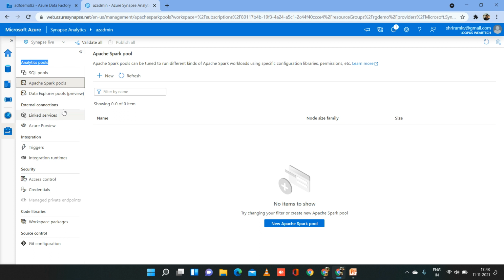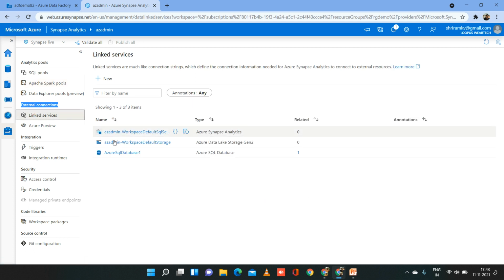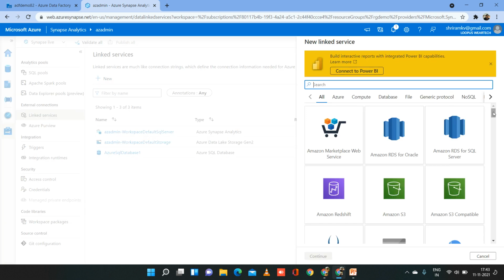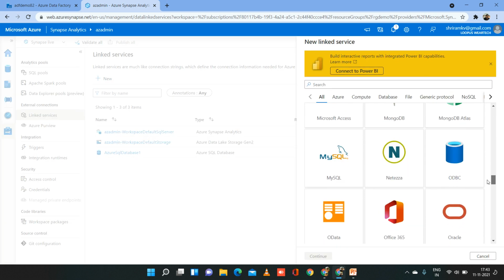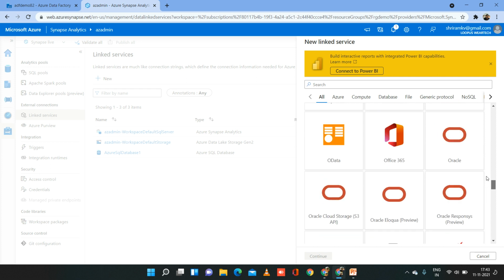Apart from managing the pools, you can create linked services to external services or external connections. When I say external to Synapse, it can be an Azure SQL database, blob storage, or any other kind of data store that you want to connect. For example, if I click on new, I'll be able to see the data stores that I see in Data Factory. 90 plus connectors are available.